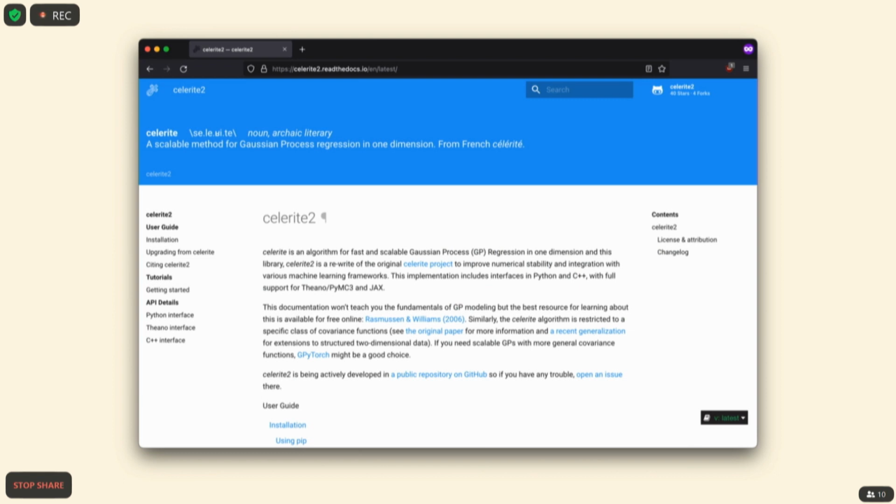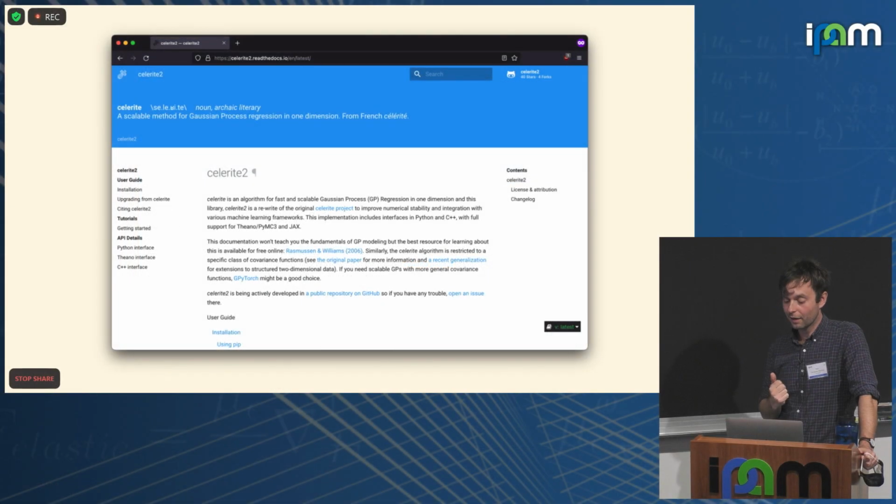And I'm basically out of time, so I'm not going to talk about this in too much detail. But I think there are ways that this model could be immediately applicable to gravitational wave data analysis. And there's a set of generalizations that we've been working on that I think would make it especially interesting. So, things like,